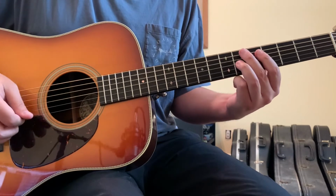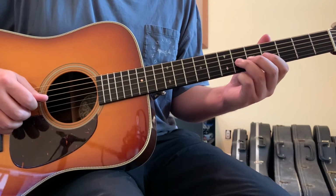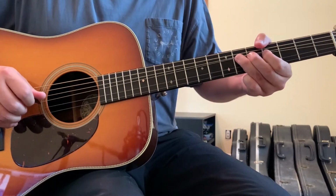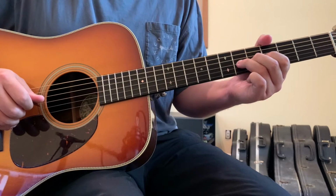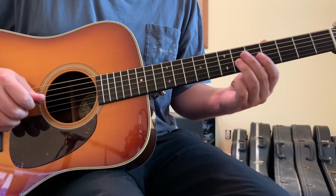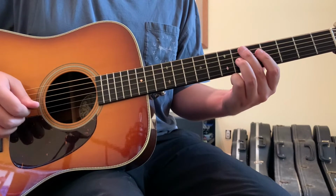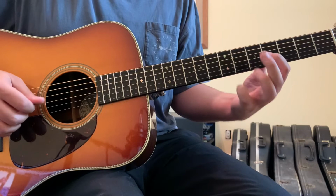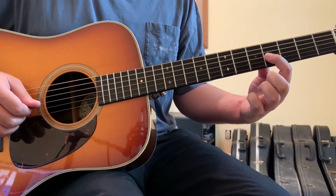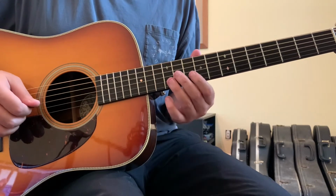And then it goes, or really it's a bend. You go to the 3 string 6th fret, you bend it up 1 fret, and then back down to the 3 string 6th fret, but since I'm on acoustic, it's just 3 string 6th fret to 3 string 4 fret, back down to 3 string 6th fret, and then 3 string 4 fret, 3 string 2 fret. So we've got